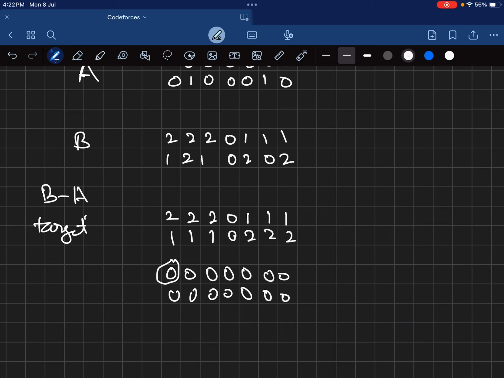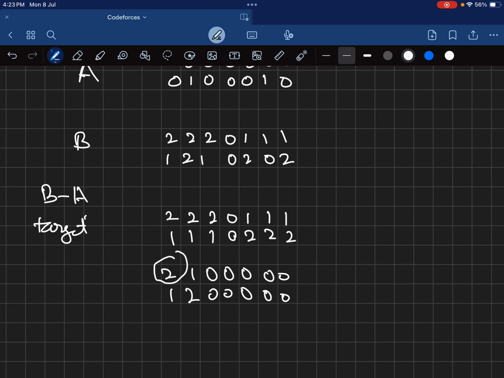So what you will do, you will choose this sub rectangle such that the value of this element is set to 2. So after this the grid will look like this, and now this element's value is set. Now you go to the next element trying to set it, and eventually it will turn out that you will be completely able to set this entire grid to whatever value you desire,